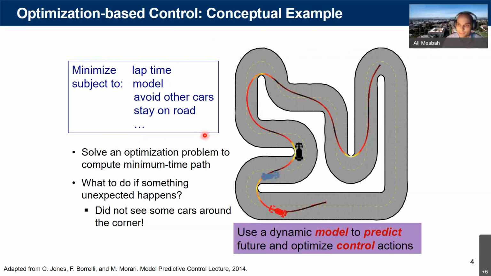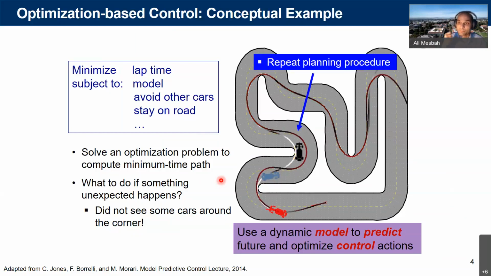But the challenge arises from the fact that all prediction models provide an approximation of reality. There are always phenomena and things that cannot be accounted for in the prediction models, right? So this necessitates replanning of our control actions, meaning that based on the feedback of the measurements and based on observing where we are, observing the road conditions, we want to resolve this optimization problem as we drive the car. And through this, we can introduce feedback.